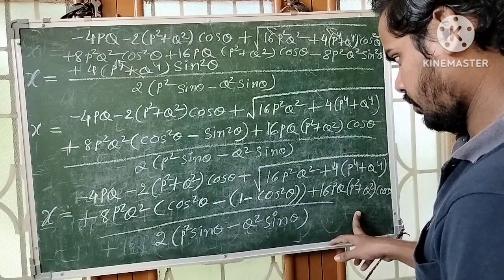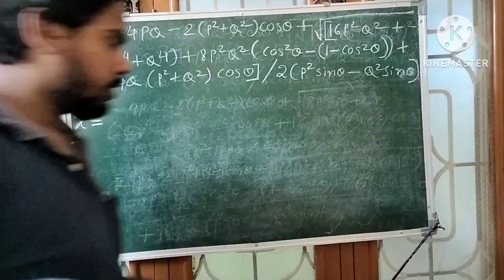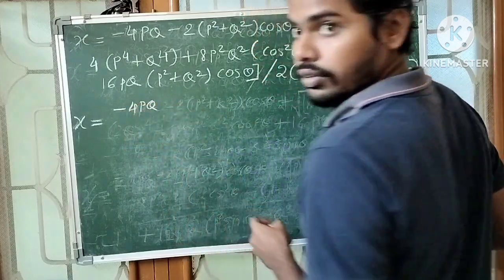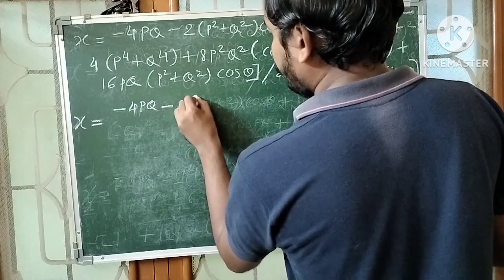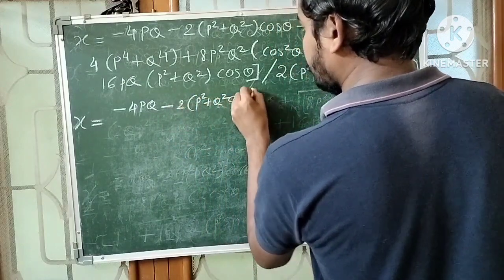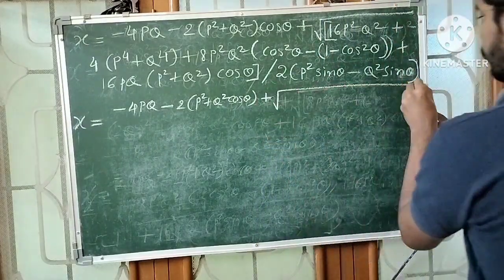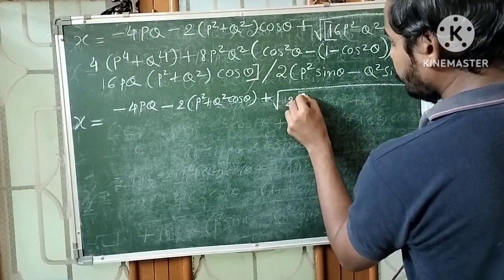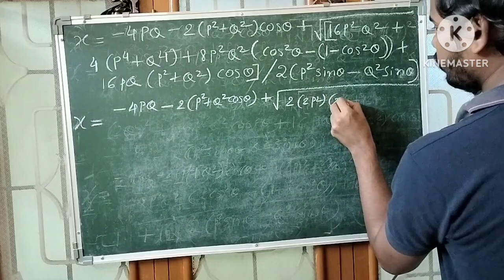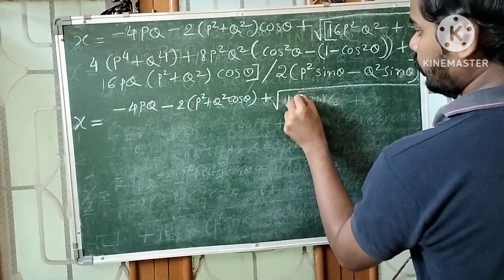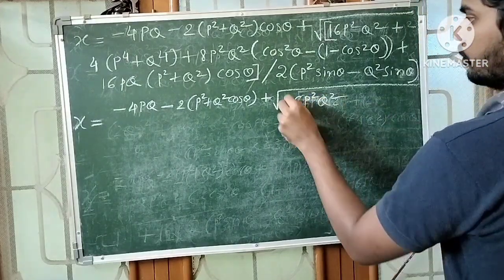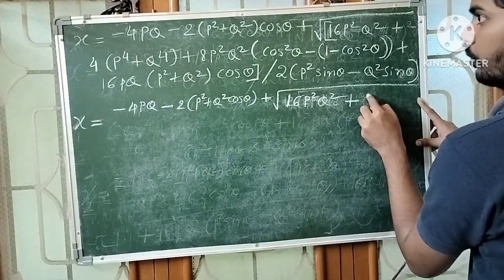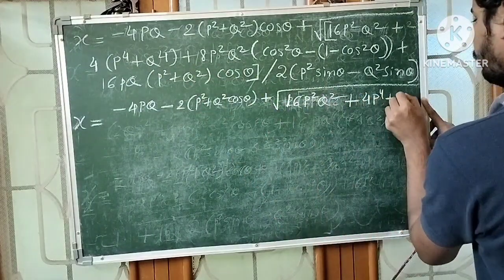Let us simplify further. Next, minus 4pq minus 2 into (p square plus q square) cos theta plus square root over 16 p square q square, as it is, plus 4 into p power 4, distributing, 4p power 4 plus 4q power 4,